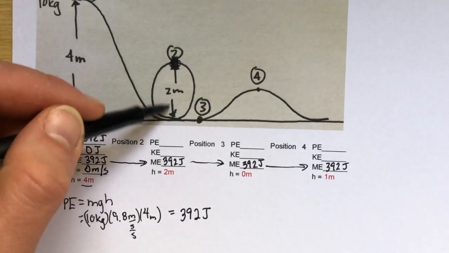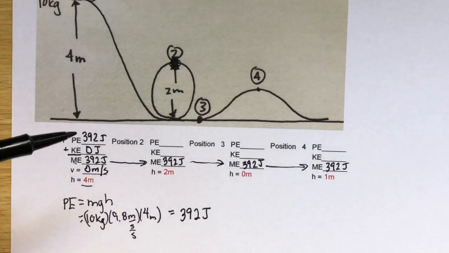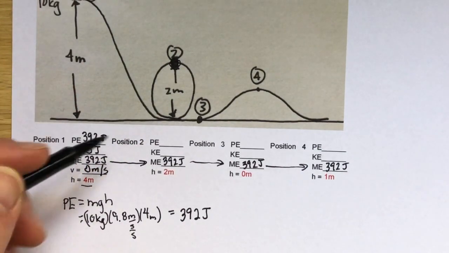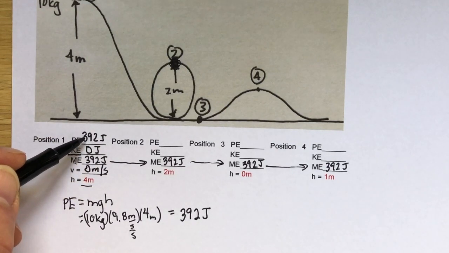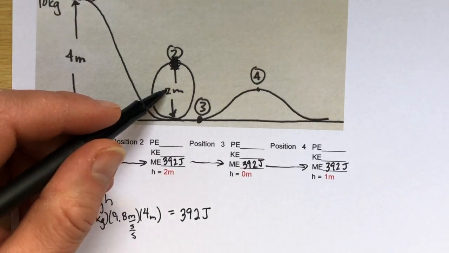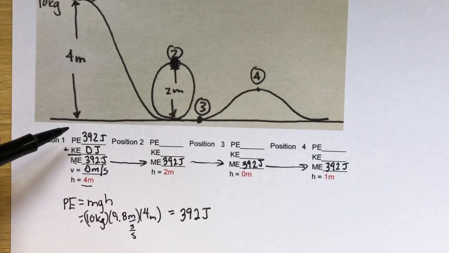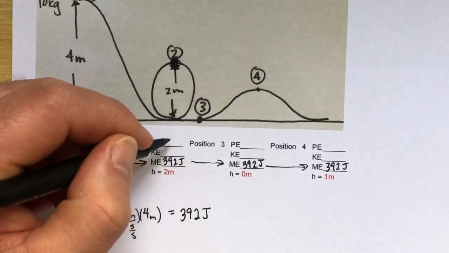If it's only half as high as it was, it will only have half the potential energy. So if the potential energy over here was 392 when it was 4 meters high, what will the potential energy be when it's 2 meters high? Well, half of that. So what's half times 392? That's going to be 196